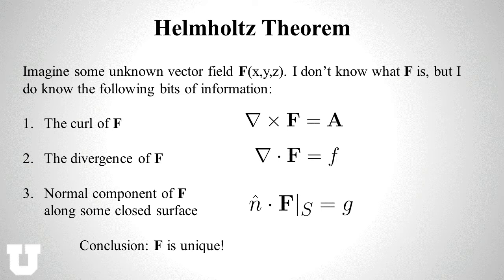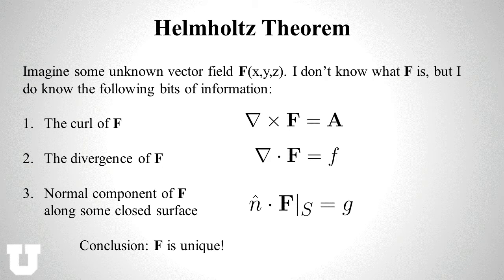Basically, I just want you to imagine some vector field f. So it's a function of x, y, and z in 3 dimensions. So at every point in space, there is some vector associated with it. Now, I don't necessarily know what f is. I don't know what that vector field is, but I do know certain bits of information that define the field. So in particular, I have the curl of f, I have the divergence of f, and I know the normal component of f along some closed